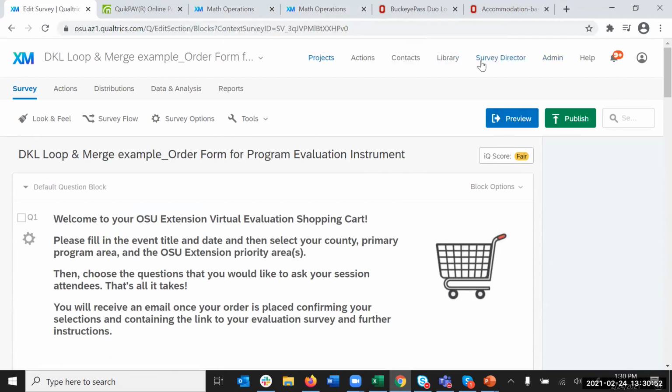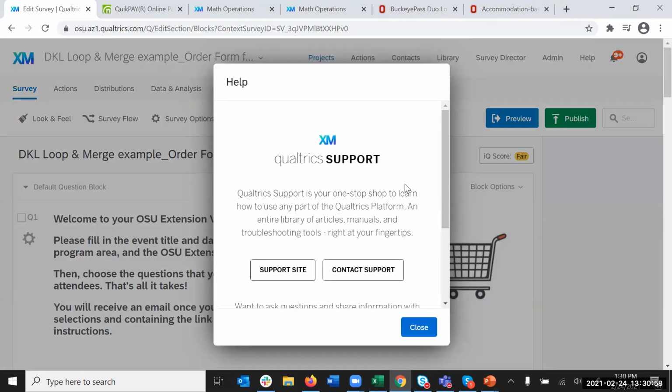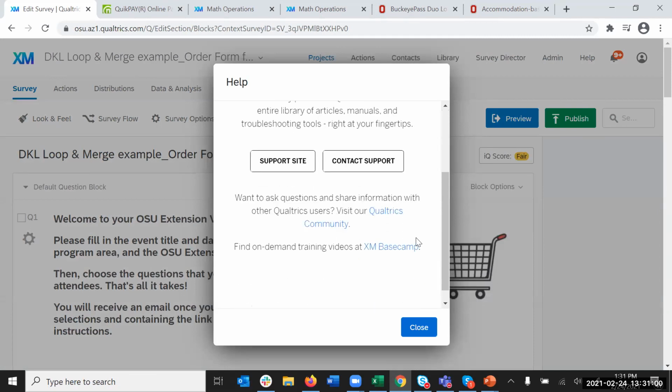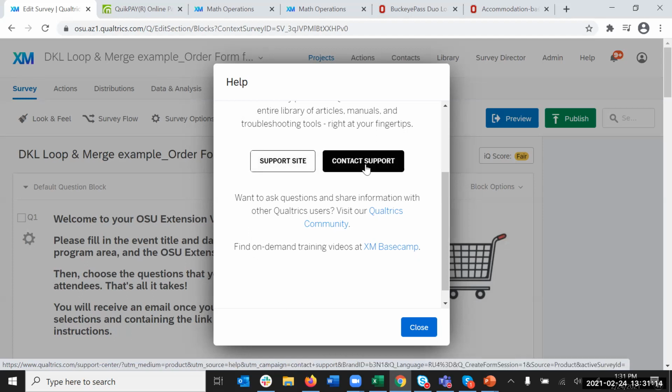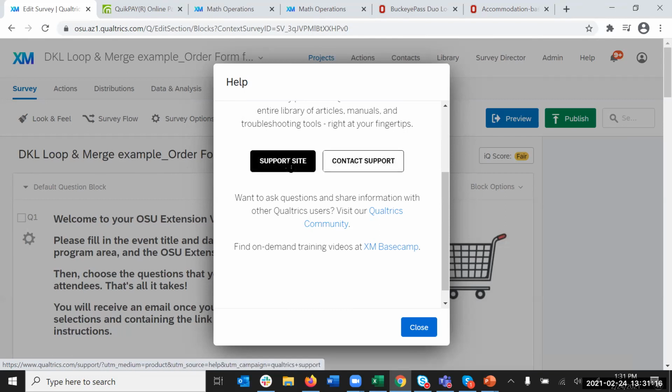To access help in Qualtrics, make sure you click on the little help up here. Most of the time, it might not recognize that you're logged in. So I click on the support site. If I don't want to talk to a person, if I want to search their information on how to get help, or if I want to talk to a person, I would do the contact support. So if I do support site,